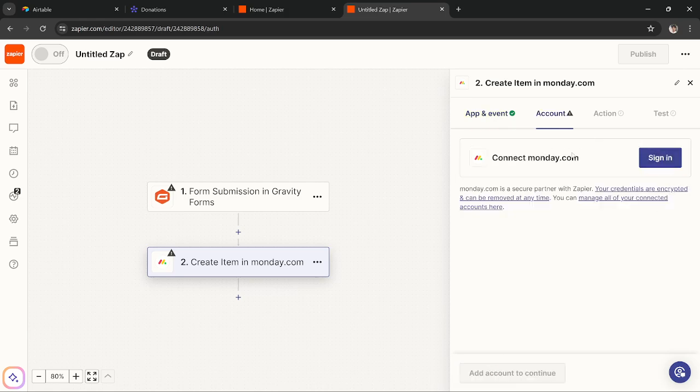It will again ask you to connect your Monday.com account. Press the sign in button, and it will take you to the sign up page. Connect your Monday.com account. Then you get the option to connect your accounts, and that's it. That is basically it. So this is how you connect Gravity Forms to your Monday.com account using third-party software